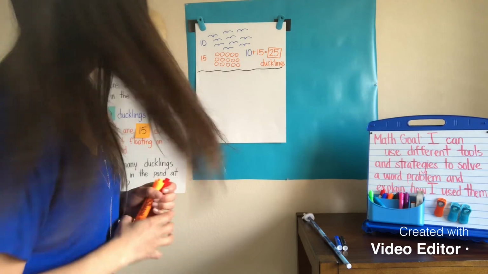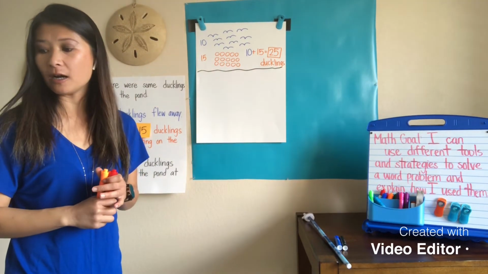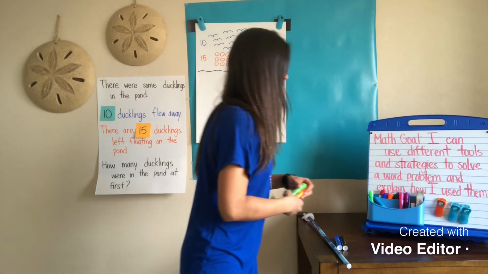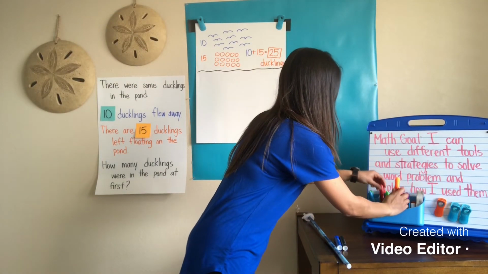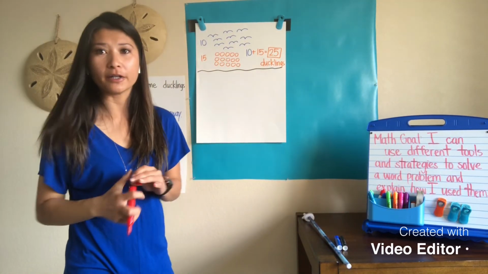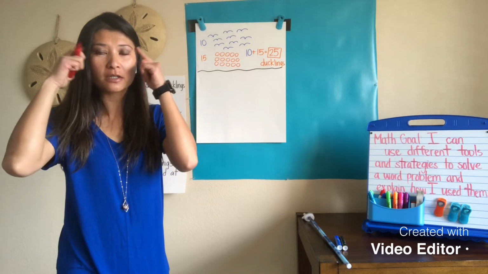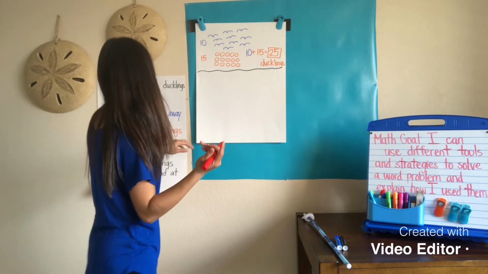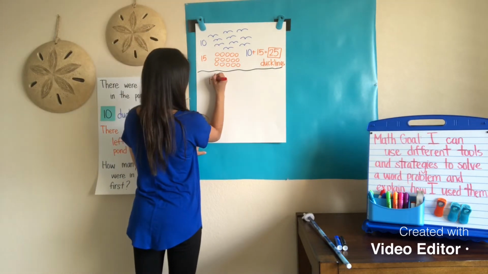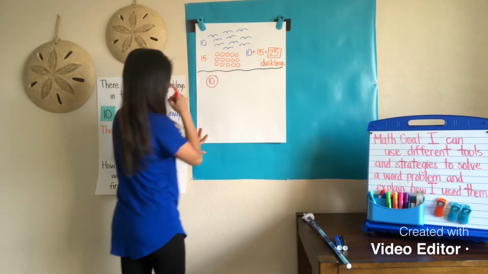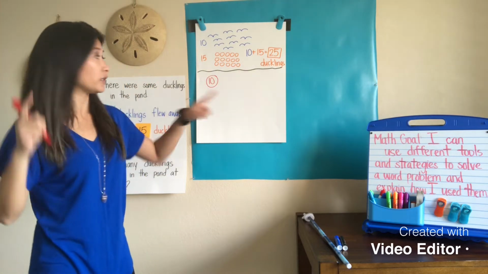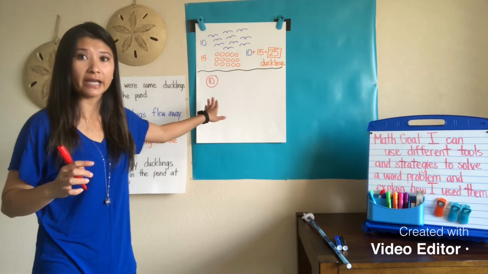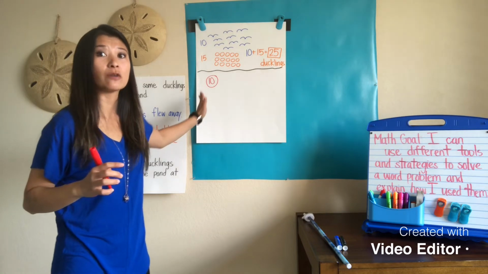Okay, so another strategy that I thought was very efficient that I actually want to highlight is called counting on. So when you're counting on, you're holding the first number in your brain. You're holding that number in your head. You can even write the number 10, and that's your placeholder. So you can circle it as a reminder that that's your starting point. You're not going to actually count the number 10, but you're going to count on from the number